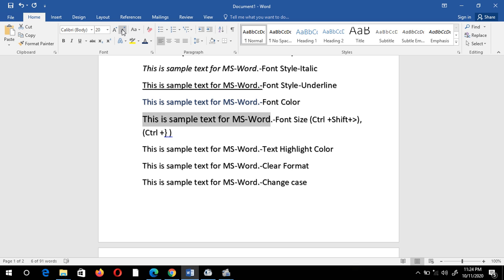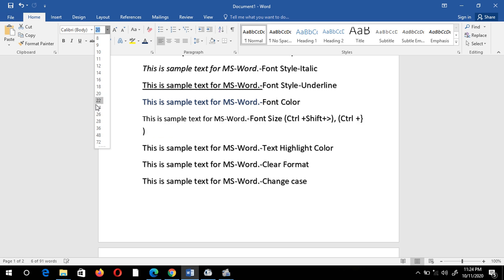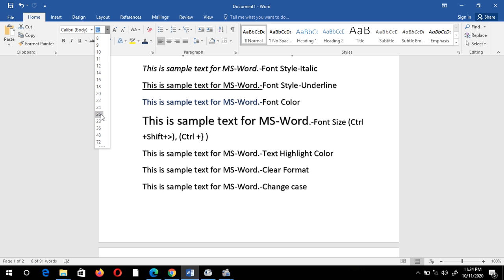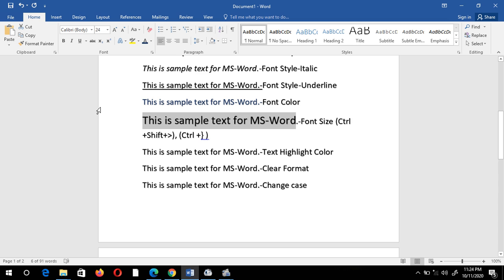We can also change the size of the font from this option. From this dialog box, I can select any size, that is 22, 24, 26 according to requirement. Also, we can use a shortcut key, that is Ctrl plus Shift plus the greater than angle bracket.